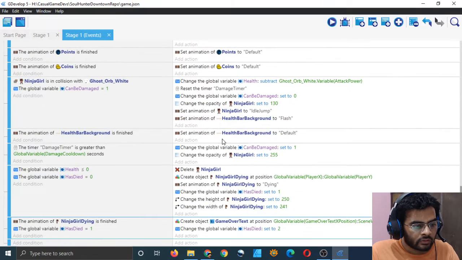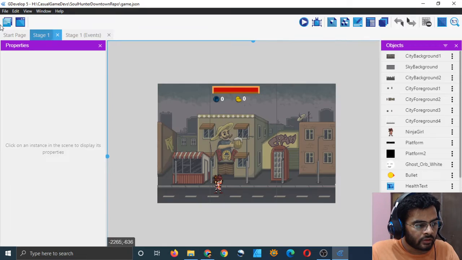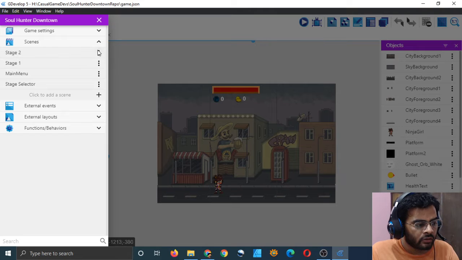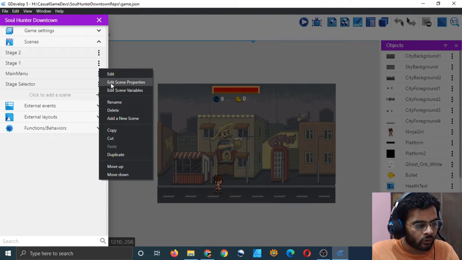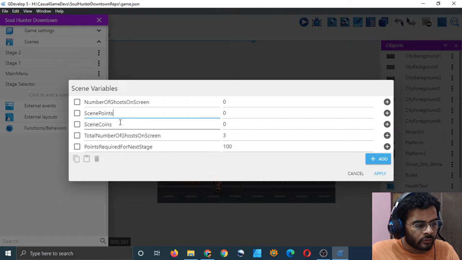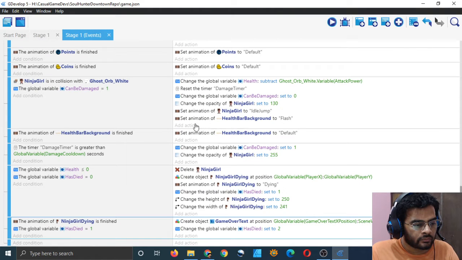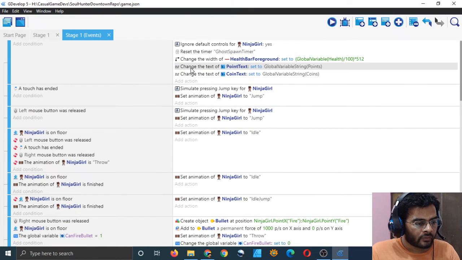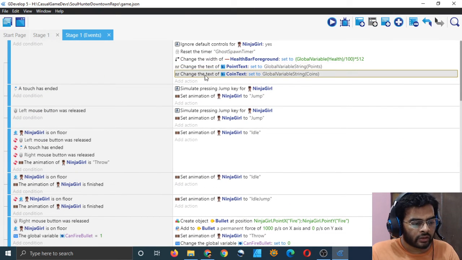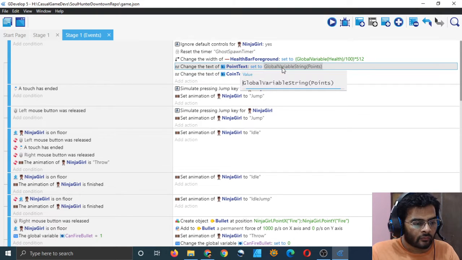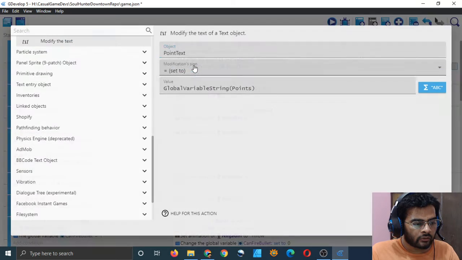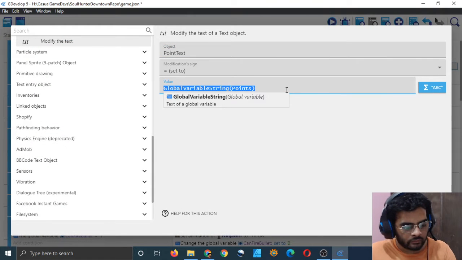We have some local variables, points and coins, in stage 1 and also in stage 2: scene points and scene coins. I think we should change those, and we should bind those to the point text and coin text.